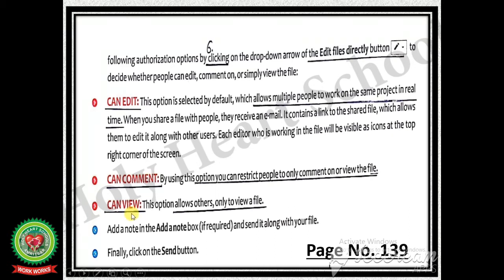And third is can view. This option allows others only to view a file. People will not be able to make any type of changes or give any type of comment to your file